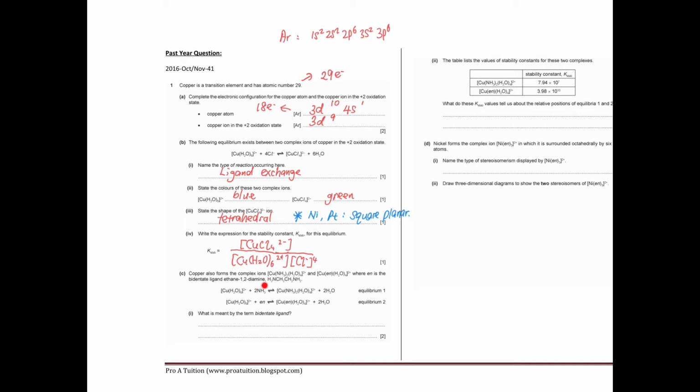[Cu(H2O)6]2+ plus 2 NH3. You know NH3 is a more powerful ligand. H2O is the weakest. So ligand exchange happens here. That's why the NH3 go inside. That's the first one. And then